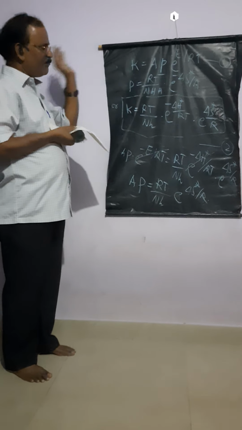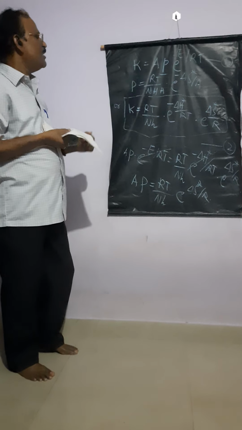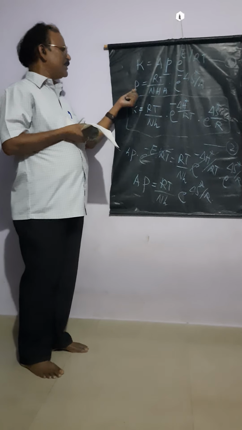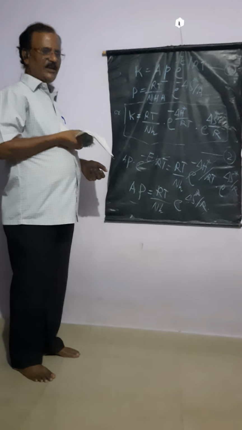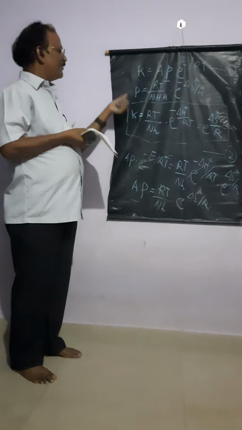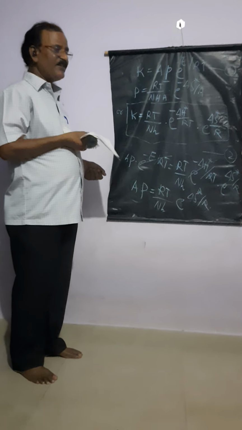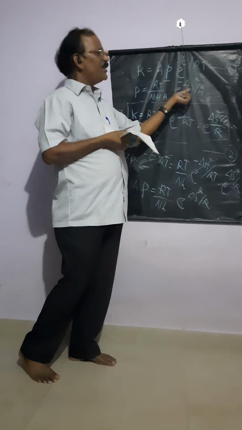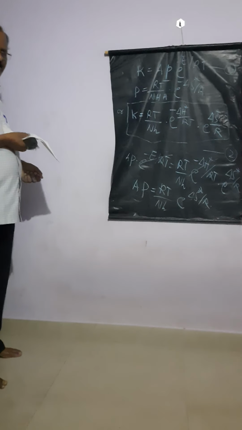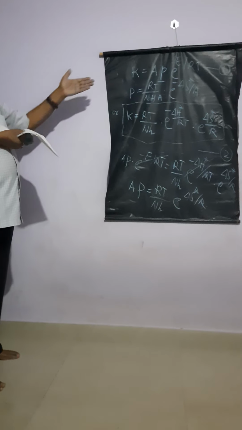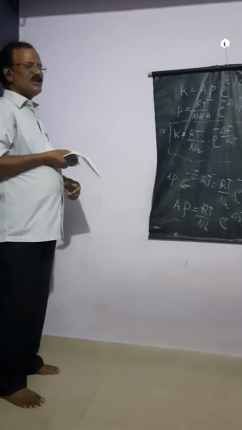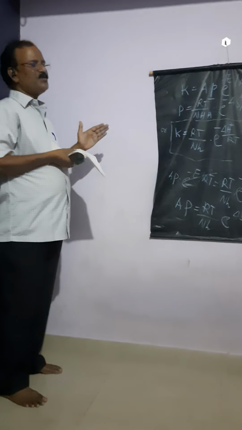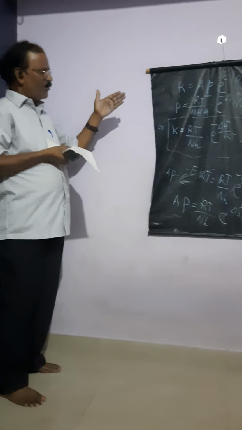And the third one is that there is no mathematical expression for calculation of P in the collision theory. But in transition state theory, you can correlate this steric factor with the change in entropy of the activated complex. That is why all the drawbacks of collision theory can be answered in the transition state theory. This is a comparative statement of collision theory over transition state theory.